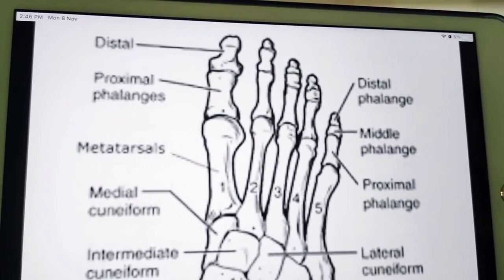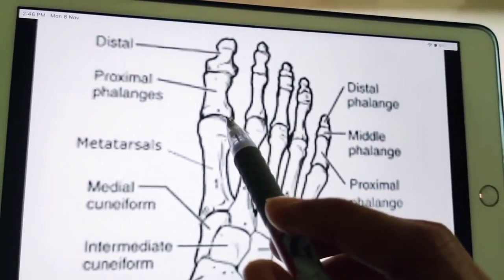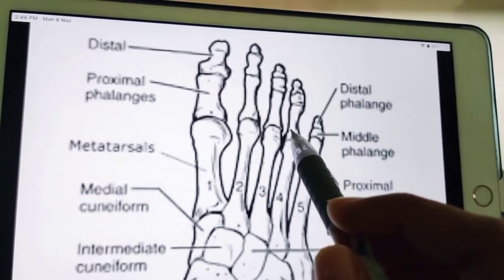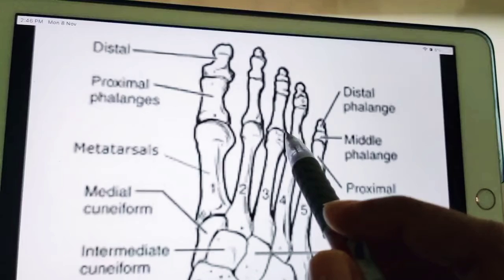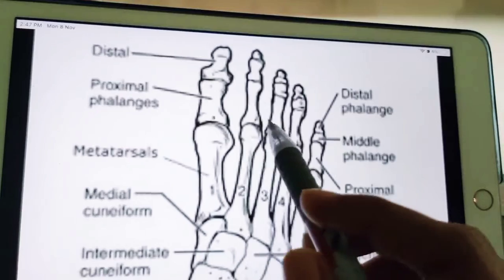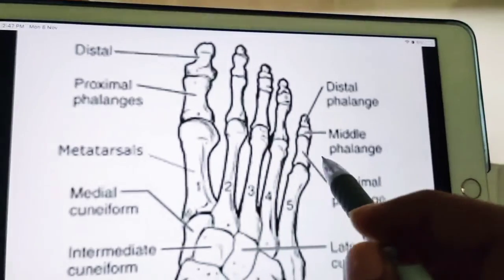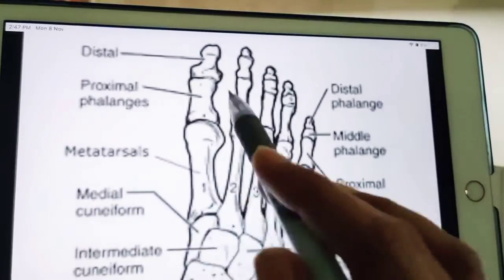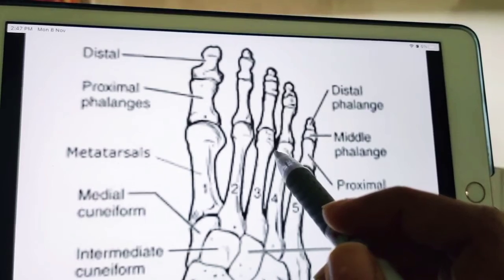Coming to attachments on the base of distal phalanx. If you come to the base of distal phalanx, there's attachment especially on the lateral 4 toes, like 1, 2, 3, 4. For these lateral 4 toes, there's attachment of flexor digitorum longus on the plantar surface and also extensor expansion on the dorsal surface. This is from the medial side, so lateral 4 toes means 1, 2, 3, 4, leaving the great toe. So for these 4 toes, there's attachment of flexor digitorum longus on the plantar surface.